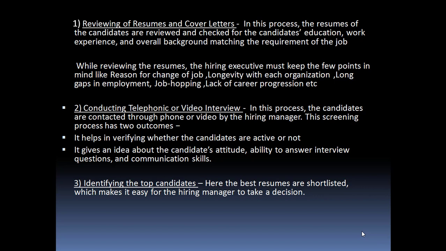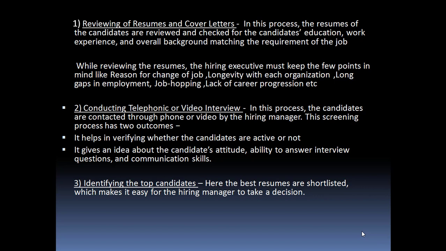So job hoppers, or such candidates who have long gaps in employment, or who don't stick for long in each organization, are generally not preferred by good organizations, right? Then the second thing is conducting a telephonic or video interview. In this process, the candidate is contacted through phone or video by the hiring manager, and this screening process has